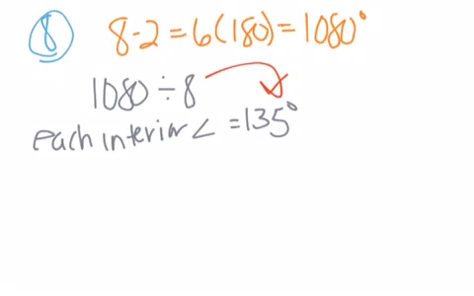Okay? Now, to do the measure of an exterior angle of a regular polygon, we're going to find the number of sides. Actually, you know what? Let's do the measure of each exterior angle of a regular polygon. Let's do a decagon. Okay? So now we're finding each individual, let's go to the next page,